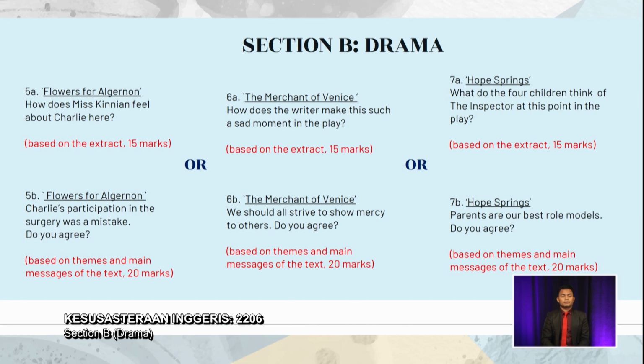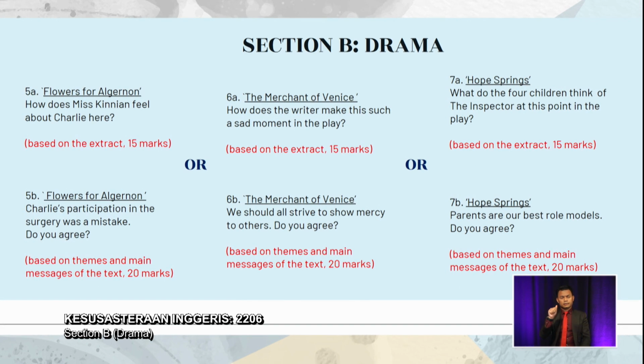Specifically the given task. For example, how does Miss Kinnian feel about Charlie here? So your focus would be on Miss Kinnian. For The Merchant of Venice, you're going to focus on how the scene or moment in the play has been made sad. What's happened? Who said what? Why is it described as a sad moment? And for Hope Springs, you would obviously mention the 4 characters, the 4 children there, and you would mention the inspector. So pretty clear with an A,